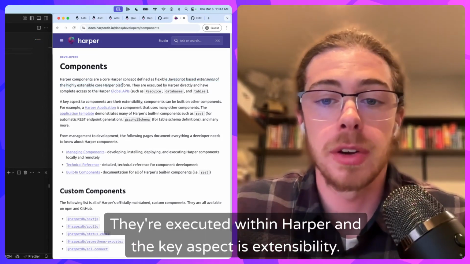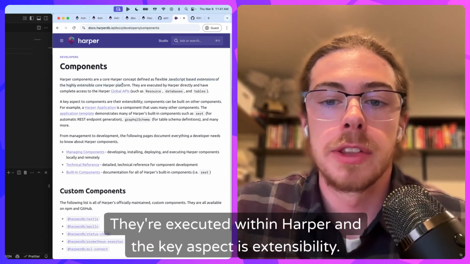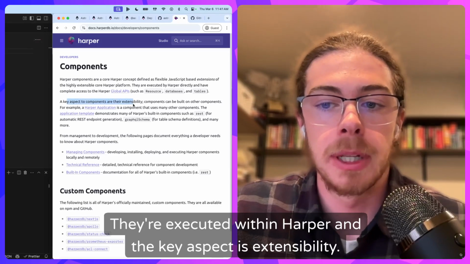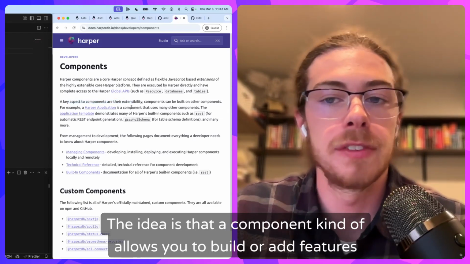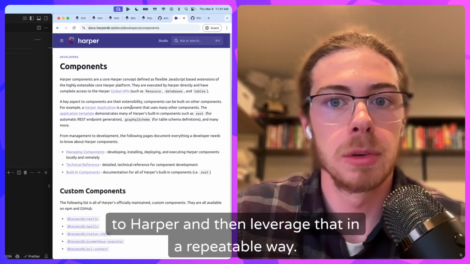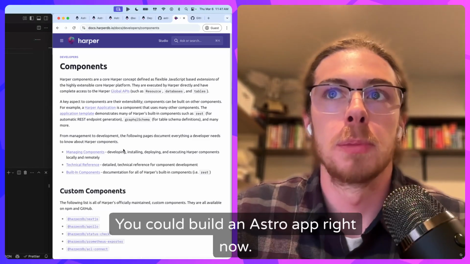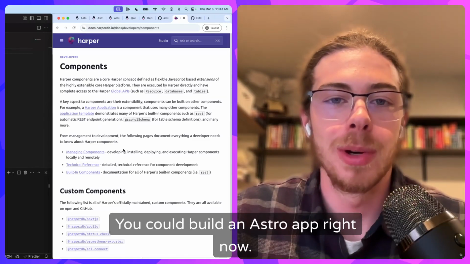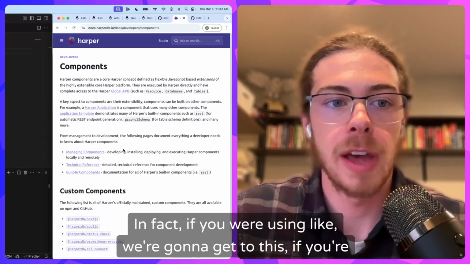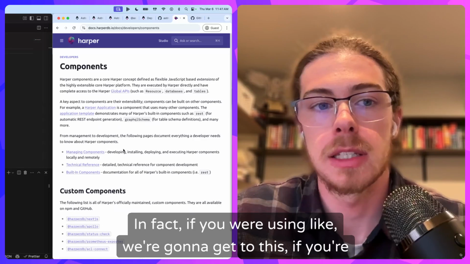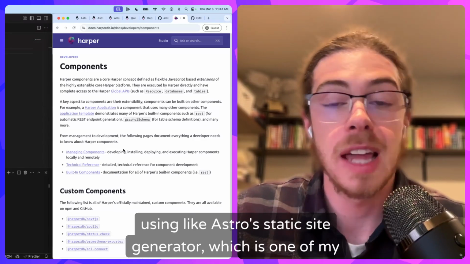They're executed within Harper, and the key aspect is extensibility. The idea is that a component allows you to build or add features to Harper and then leverage that in a repeatable way. You could build an Astro app right now, and you could probably jerry rig it to run on Harper no problem. In fact, if you're using Astro's static site generator,